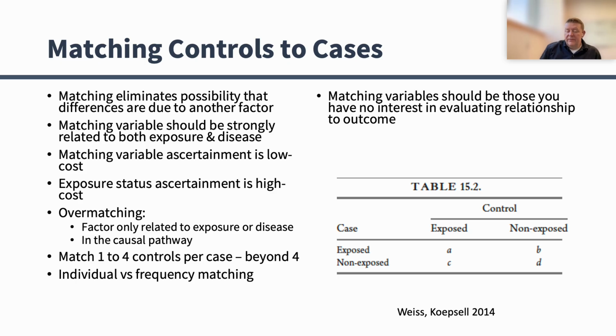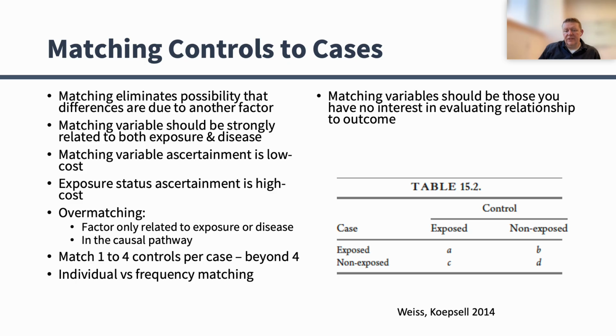And then it's important to know that if you are matching on certain factors, you won't be able to include those factors in your analysis because you've matched on them, and you're just kind of taking them out of the equation essentially, so you don't have to be concerned about their potential confounding relationship. And then this table here illustrates how this setup is done for this type of study,